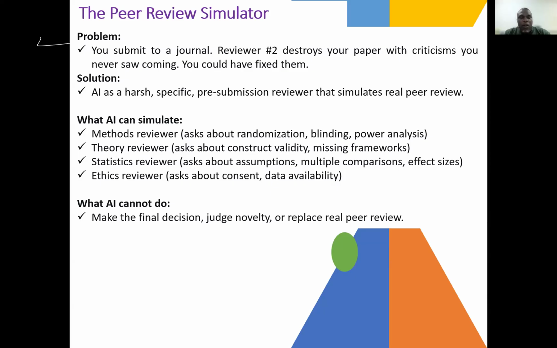Now, for AI to help you, your manuscript must be prepared following the journal format. When everything is set and you believe that you are done,